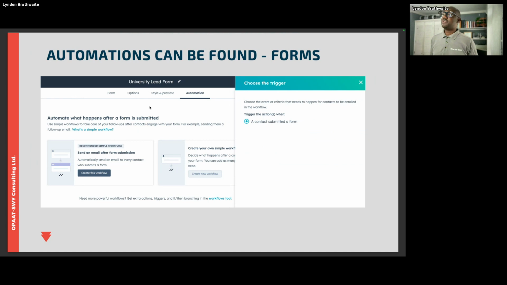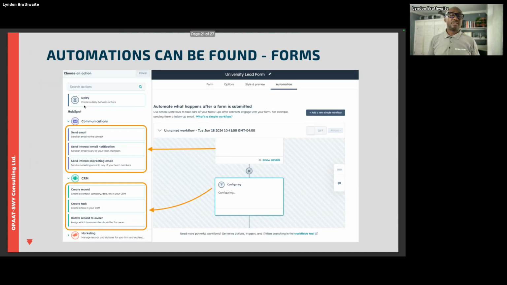All right, you have the ability of adjusting your form, and there's an example as to what that can look like, because you can do a number of things. Send an external email, send an internal email. At the end of the day, folks, we are talking about how we want to manage the leads. Even when it comes to automating, where it says create a task or create a record, then